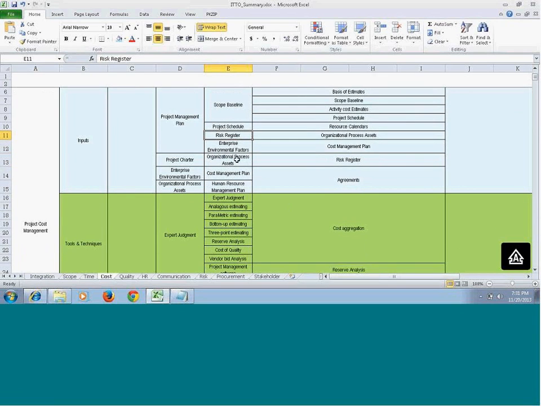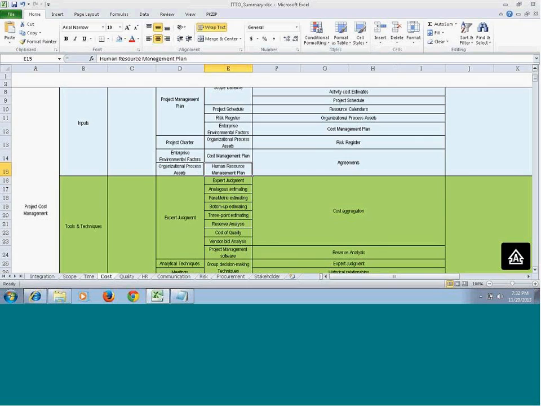Then we have the enterprise environmental factors, organizational process assets, then the cost management plan, which we just prepared in the previous process, and then the human resource management plan as well. That will give you some of the resource costs. The human resource plan is important for calculating the activity cost, where human resource is also a resource for